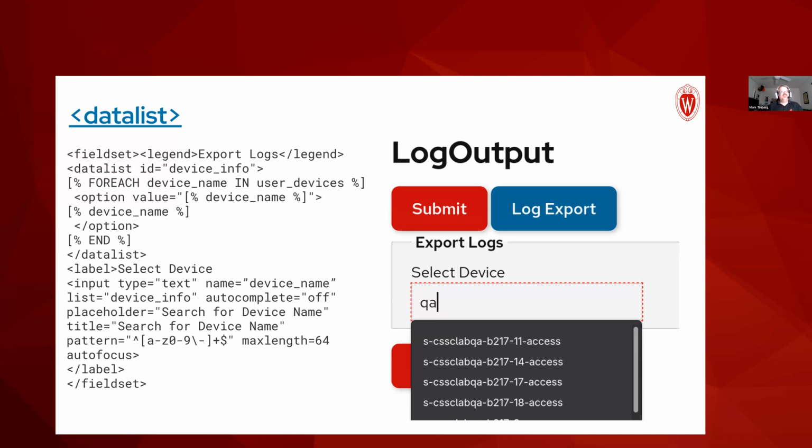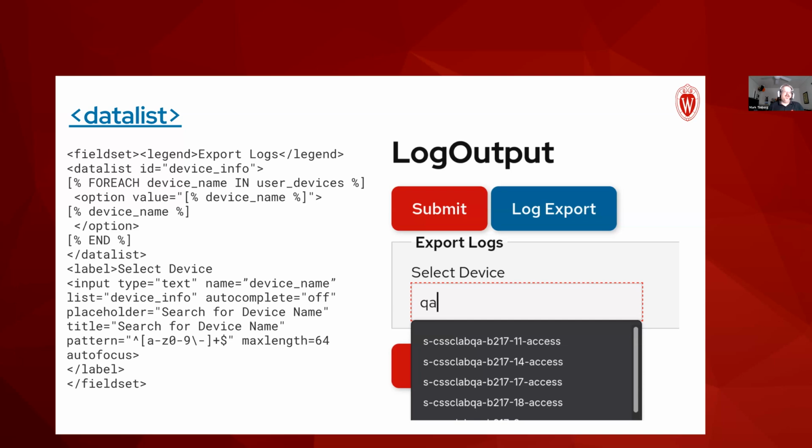So yeah, data list isn't rendered anywhere in the page. It just has an ID, and then an input element will say which list should feed it. So you could have many input elements that are fed by the same list. For example, if you have the same kind of input for multiple things, you have a location at 3 different places, you could use one list and have it hint in all those